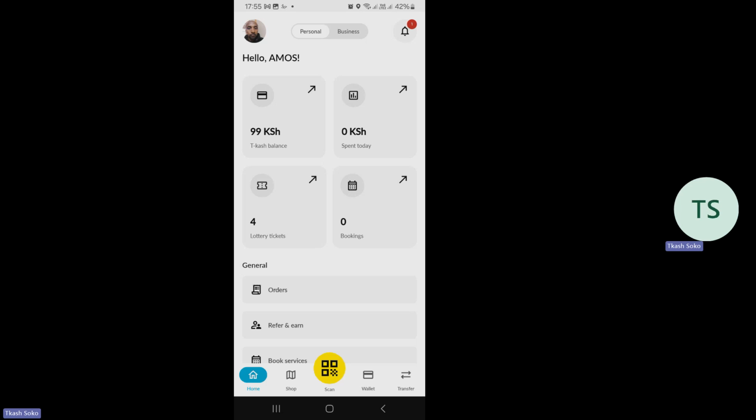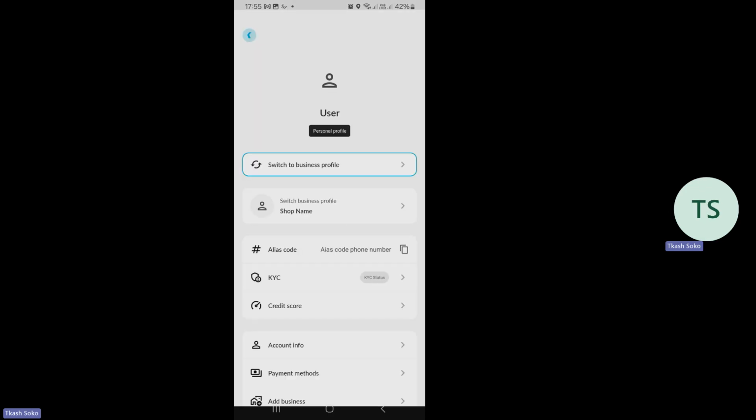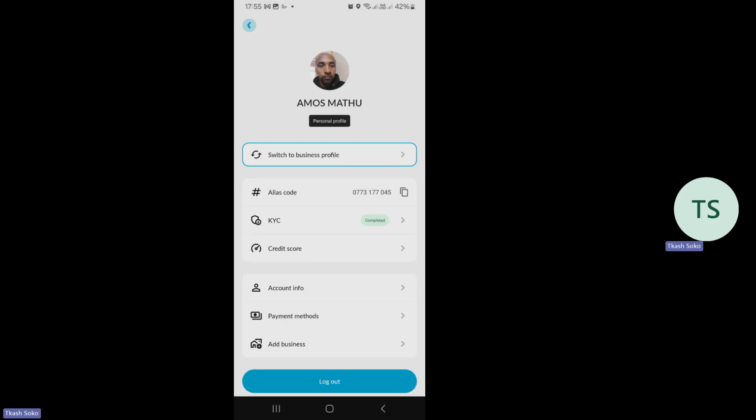Nikitaka kwenda kwa KYC, nafaa niguze the icon that has my picture. Hiyo icon iko na picha, hapo ndo nitaguza. At the very top left hand side, that is the icon that you touch. Once you touch on that icon, then your picture shows up. It is telling me that this is me, it has my name, and this is the personal profile. And of course, I have the option of switching to business. Hiyo ndio ina appear next.